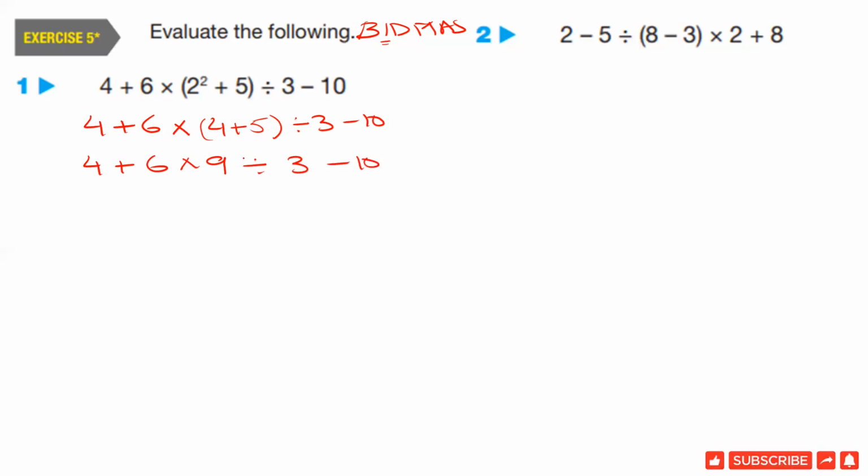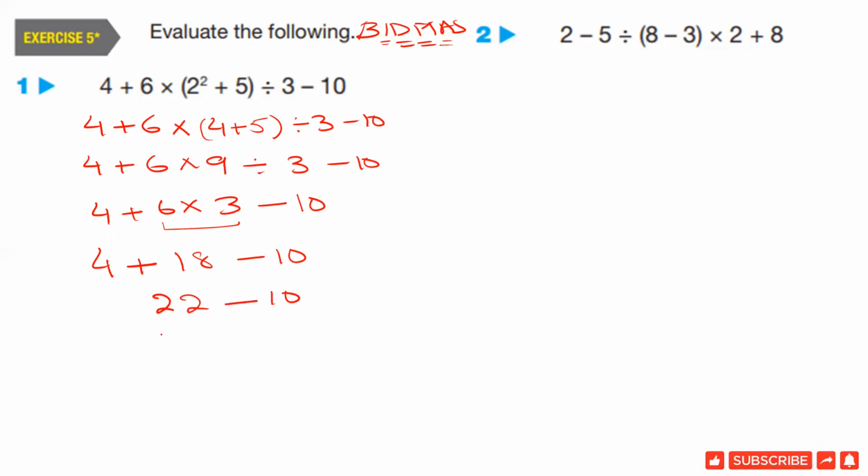After solving the bracket and indices, now we solve division. 9 divided by 3 will be 3, because 3 times 3 is 9. So we write here 3 minus 10. After division, what is the next one? That is multiplication. So we solve this multiplication first. 4 plus 6 times 3 is 18, minus 10. Now addition. 4 plus 18 will be 22,